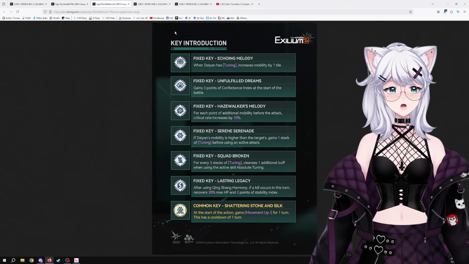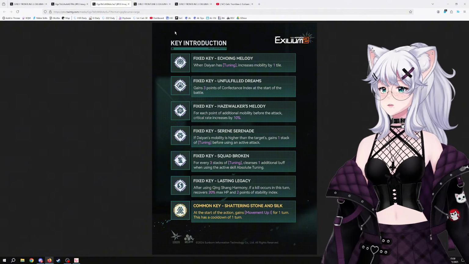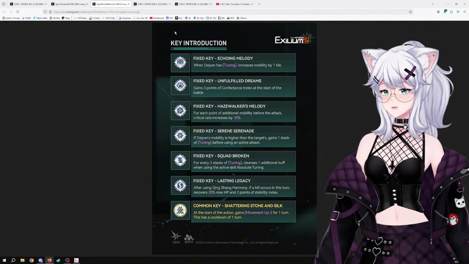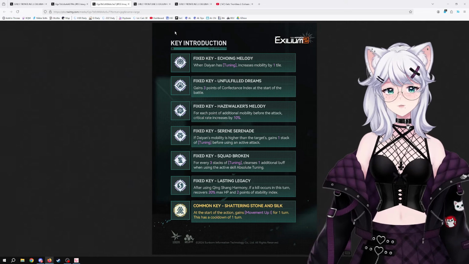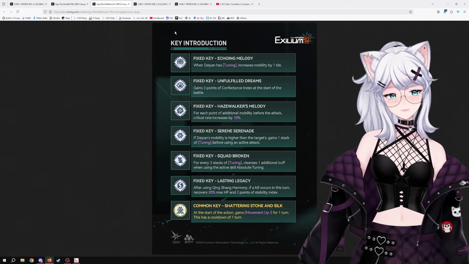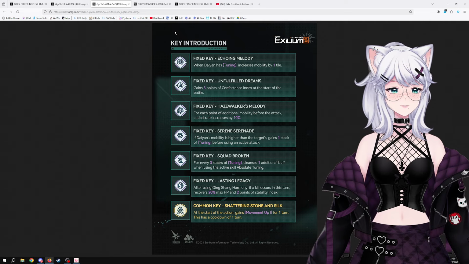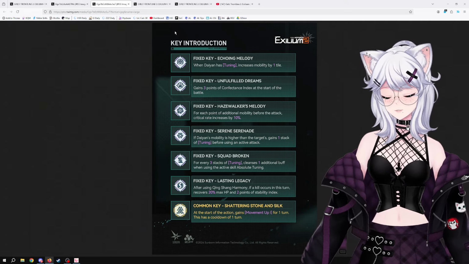Moving on to her key introduction. So again, the keys is what you can unlock from the neural helix, I believe, which will allow you to equip 3 of her fixed keys and 3 common keys. So going over her fixed keys real quick, when Daiyan has tuning, she increases her mobility by 1 tile, which